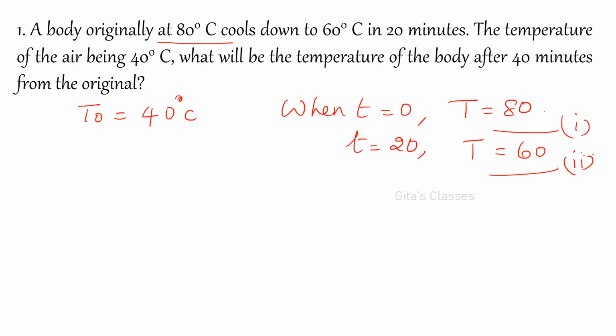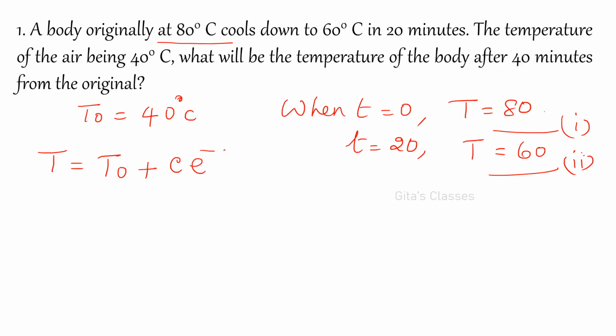And in Newton's law of cooling, this will be the standard format only. Two sets of conditions will be given, and the surrounding temperature will be given. And you will be asked to find out small t, as I have told you. First you find out the relationship between capital T and small t, and after that you substitute these things. As I told you, you have to write the Newton's law of cooling statement, then derive that solution also. Write the differential equation, then solve that.